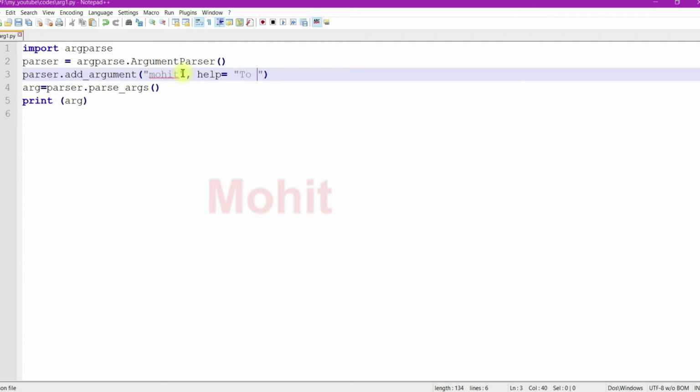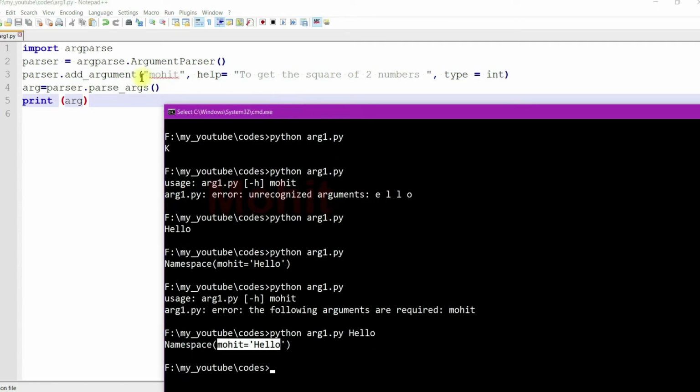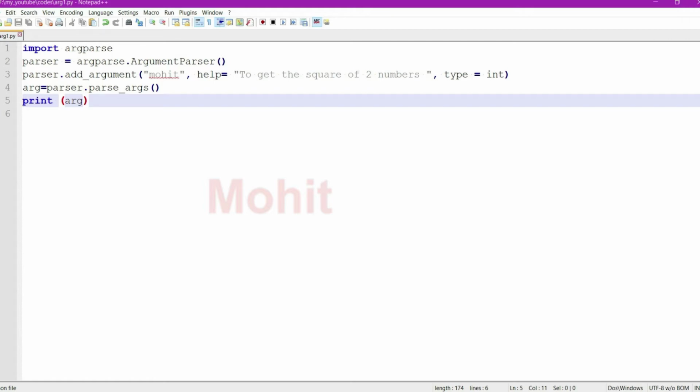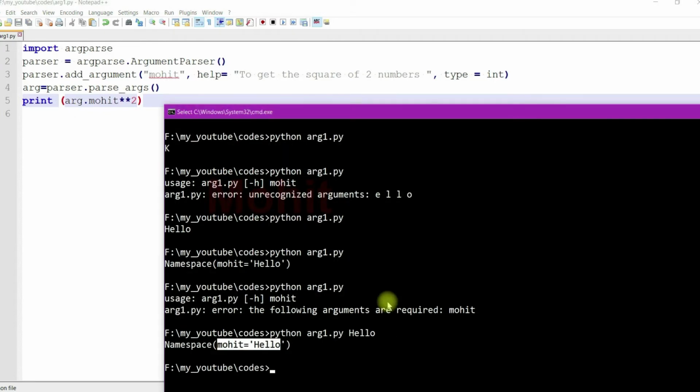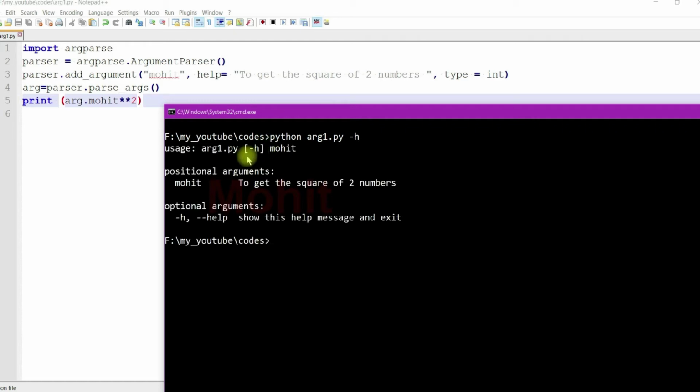The help parameter works as a user manual, and type specifies that the related argument must be an integer. With the -h option, all help messages can be displayed.